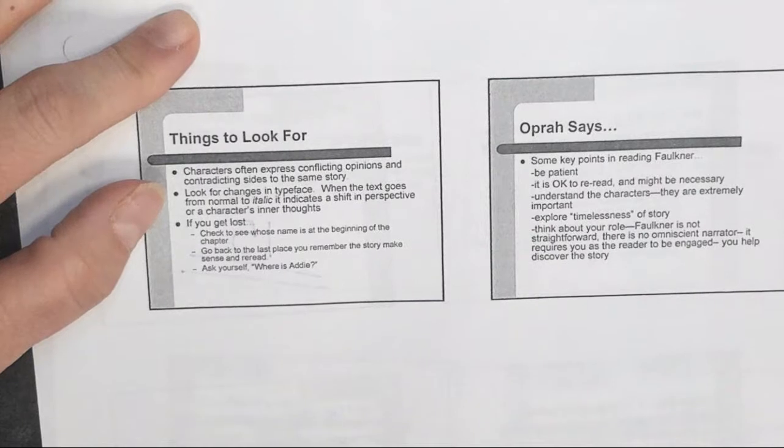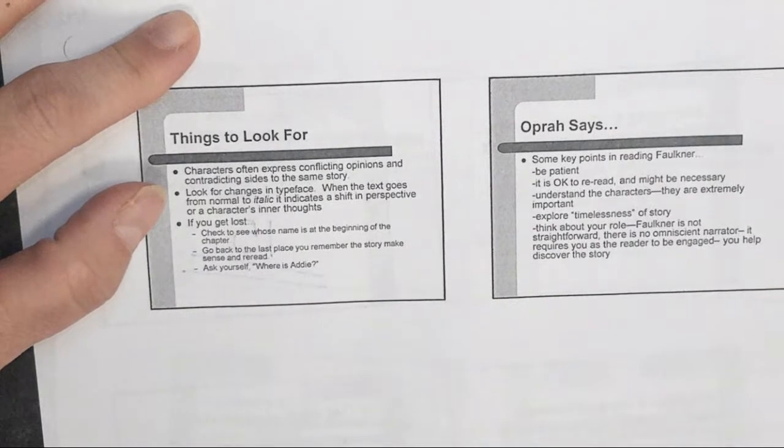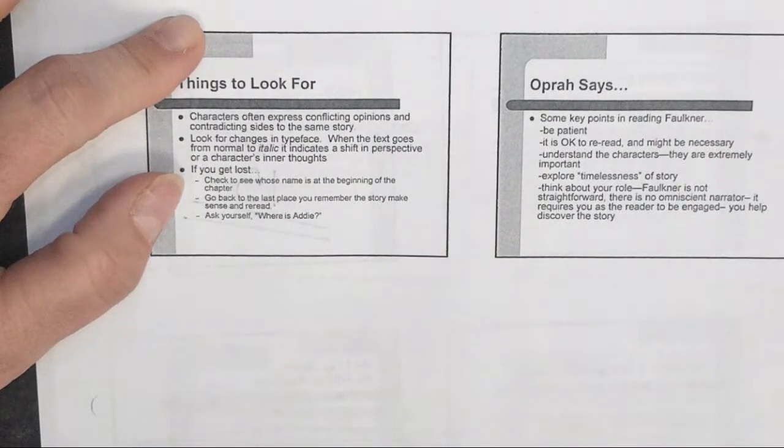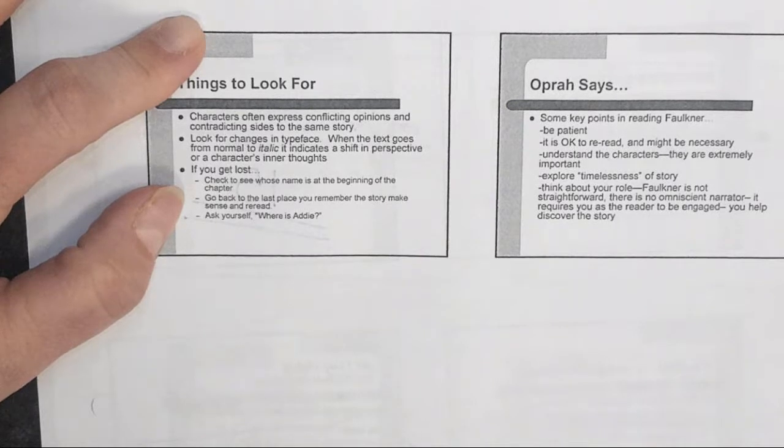Look for changes in typeface. When the text goes from normal to italic, it indicates a shift in perspective or a character's inner thoughts. Okay? If you get lost, check to see whose name is at the beginning of the chapter. That's why keeping this character chart is going to be so important for you. Okay? Go back to the last place you remember where the story made sense and reread, and then ask yourself,